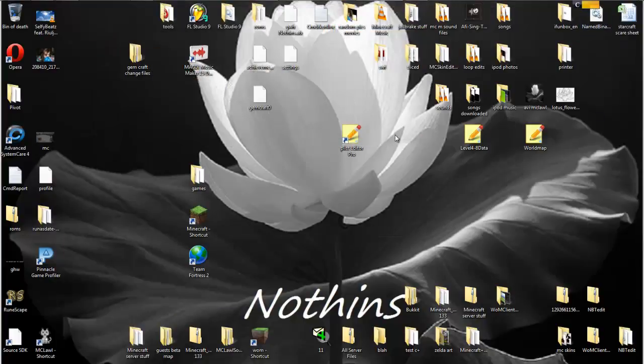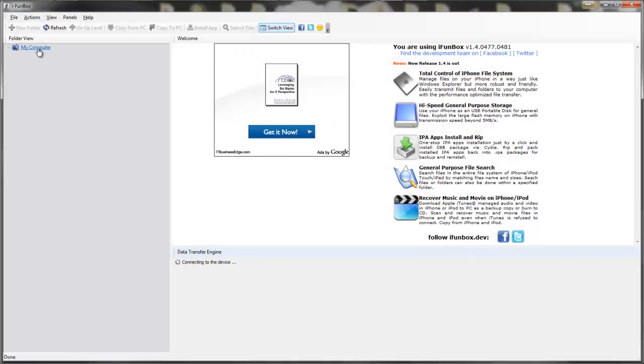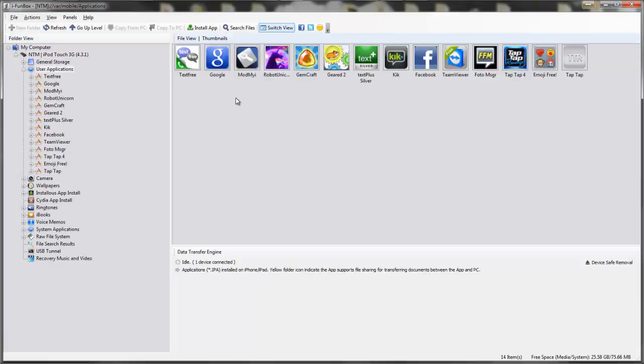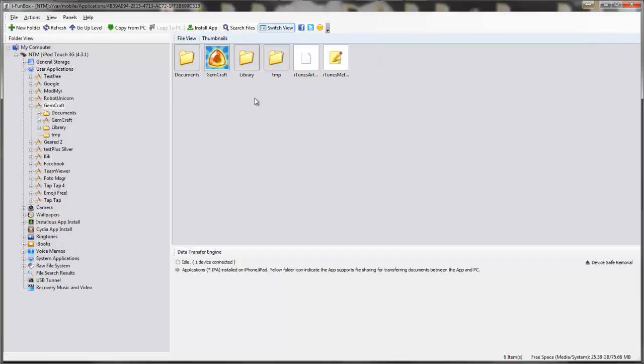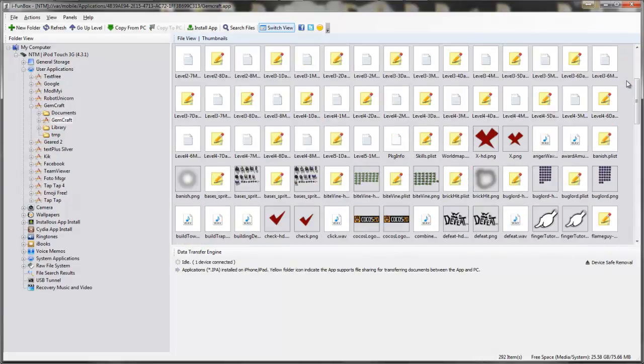For Gemcraft though, I took a different route and I did get into the actual coding, which I'll pull up some of them right here. It's just your basic, like Minecraft was C and then the number sign. I'm not sure if there's a difference between that and C+. I'm pretty sure they're different, but basically the same thing. Gemcraft uses HTML for its coding. So again, all you gotta do is know what you're looking for and you can pretty much successfully